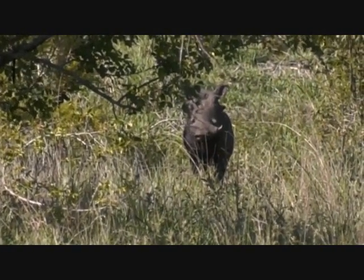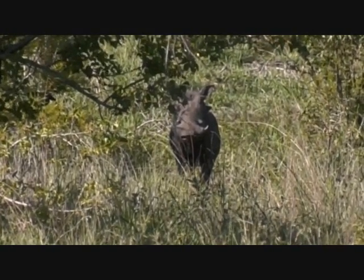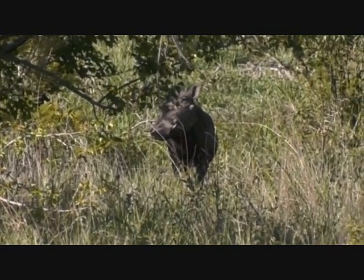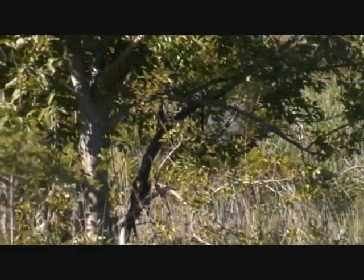Warthogs actually do that, especially when they run away or when they get scared. So this little warthog ran from us a bit, and now he stopped to watch us. He wants to see what we are going to do. Are we possibly going to injure him? He's deciding that we're probably not going to hurt him because he's walking away, but he definitely doesn't want